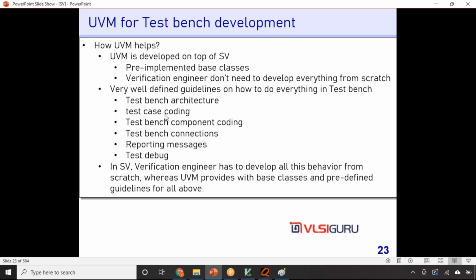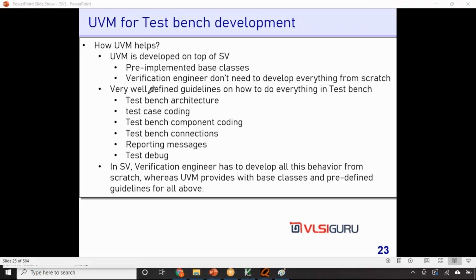Let's say you want to do test case coding. UVM gives you the guidelines. For everything you want to do, well-defined guidelines are there. You just have to use those guidelines to come up with the architecture, develop the test cases, develop the test bench components, do the test bench component connections, reporting messages, anything in the test bench. I have listed only 6 things here. Whatever other thing comes to your mind related to test bench development, there are preset well-defined guidelines